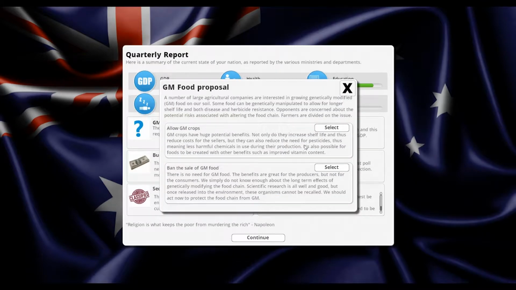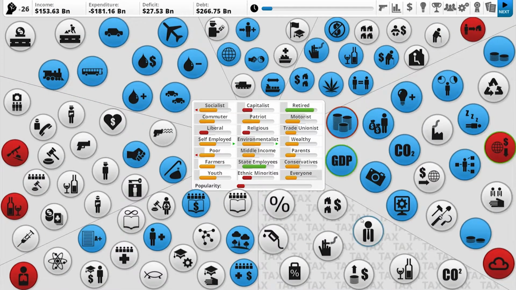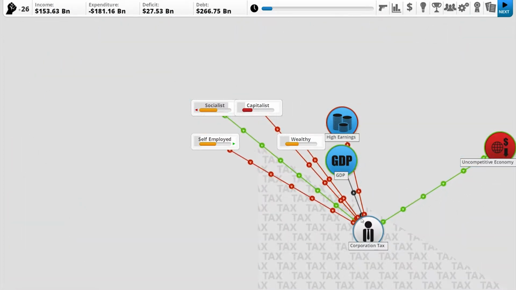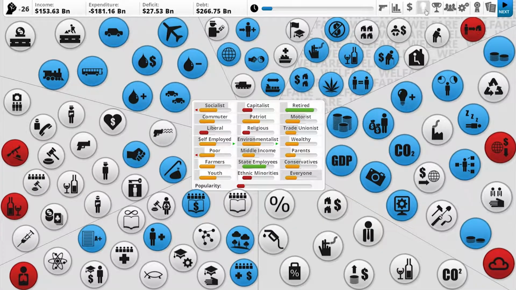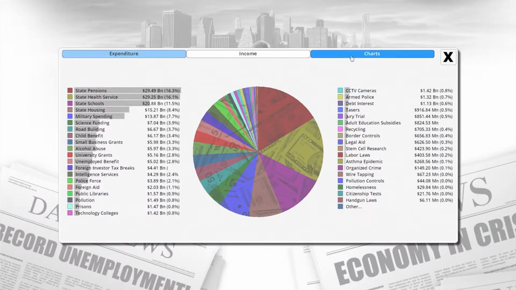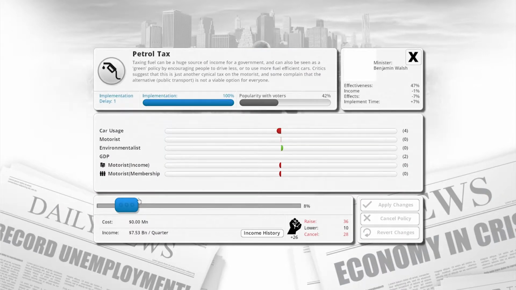GM crops, a proposal to accept them or deny them. The environmentalists are not going to be happy with it, but I'm going to accept it, and deficit is now at 27 billion, which is very bad. You can see here your main sources of income, and I think I am going to